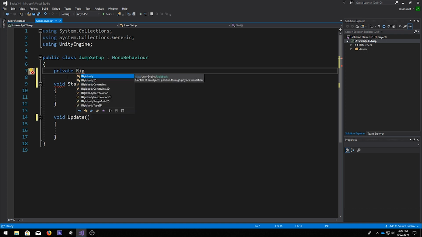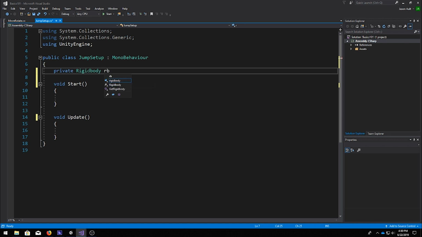In my last couple of videos, we weren't seeing the IntelliSense pop up here. I did end up fixing that. So now we do see this IntelliSense, and as we start typing, we'll see that it's going to select what it thinks I'm going to type. It gives me a little bit of information about it. So it says here, control an object's position through physics simulation. So that's what the Rigidbody is there for. And as I'm typing Rigidbody, instead of typing it all out, once it's selected, I can just hit enter, and it'll do that. I'm going to just call this component,